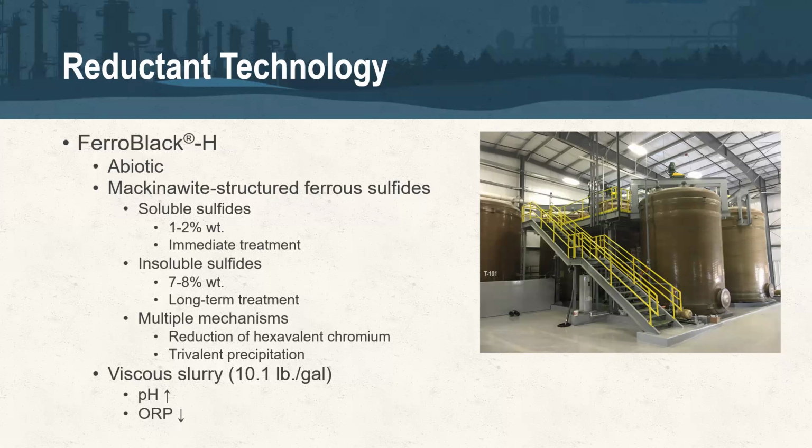And for a contaminant like hexavalent chromium, that gives us a lot of treatment capacity to get to that trivalent conversion and precipitation in situ. Again, I mentioned different types of slurries here. This one was installed at about 10.1 pounds per gallon. And from our standpoint, to prove proof of concept in situ, it was really easy to monitor this. And we'll talk about some of those, but really easy to monitor through some in situ